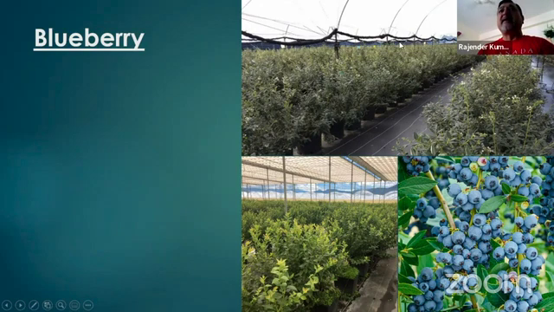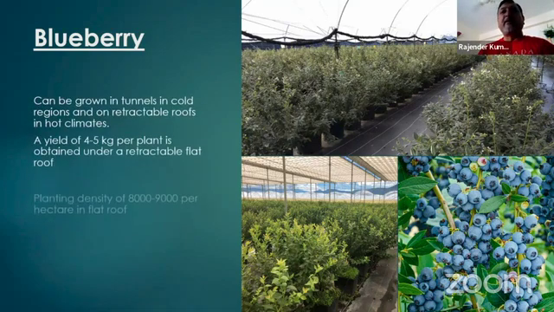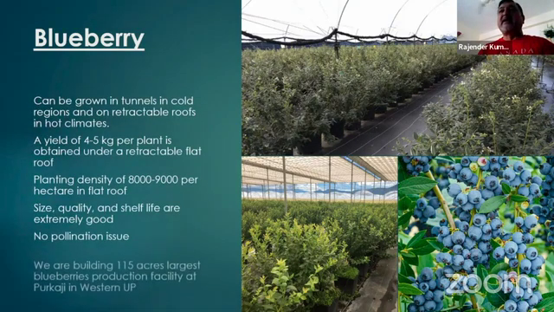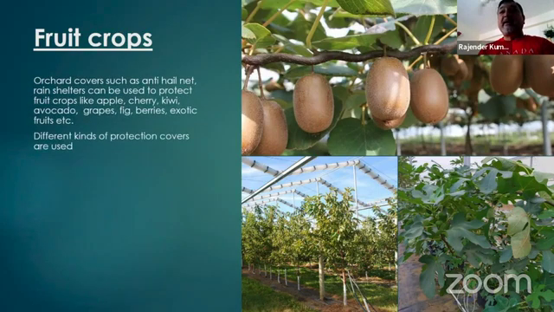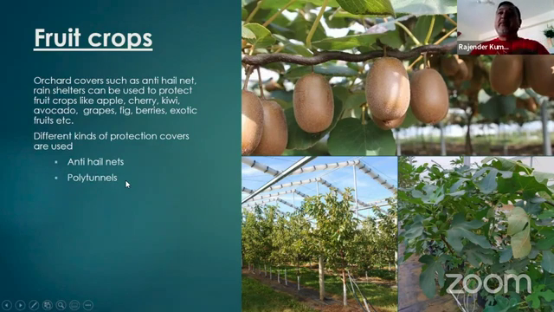You can have tunnels in the higher elevation, like above 1500 meter elevation. You can put up tunnels. But in the plain area, you need this type of retractable cooling house structure where you can grow this crop very well. Some people are putting it under the shade house also. So these fruit crops like fig, kiwi and avocado, you can very well grow under the different structures. Normally polytunnels are used for berries actually, but